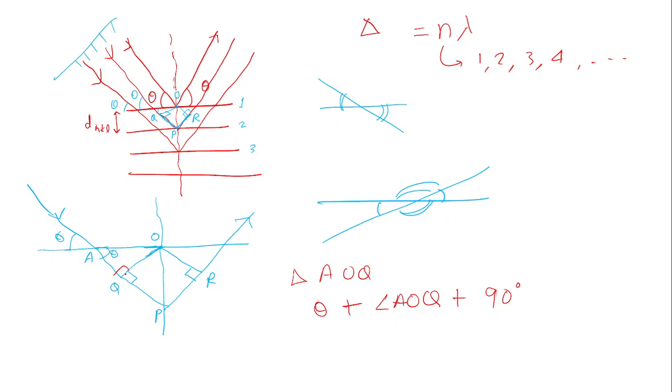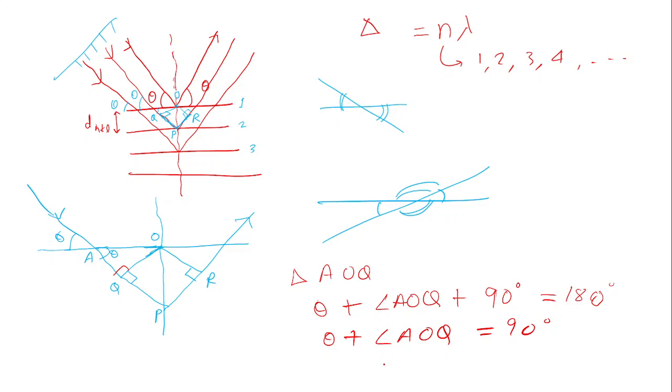So this angle theta, this angle 90 degree, this angle we want to find out, and for a triangle we know the sum of all the three angles is equal to 180 degree. This is known for any triangle. If this is true, then angle AOQ will be 180 minus 90, that will be 90 degree. Okay,